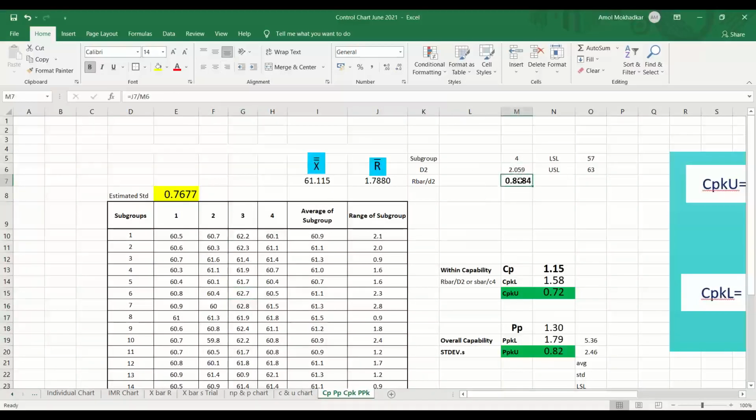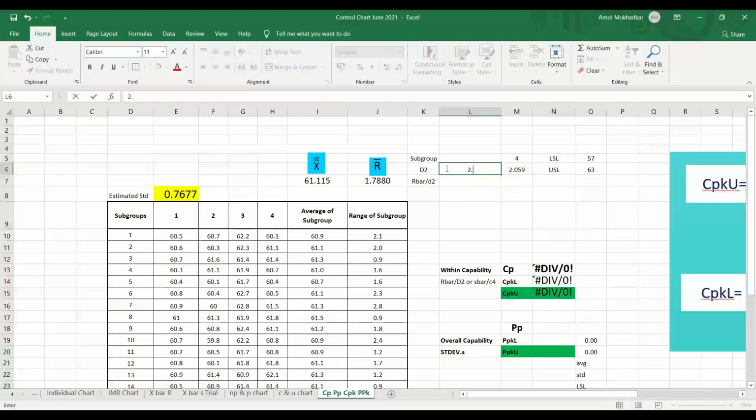Now I am removing all these things. Now R bar by D2 you can calculate, and estimated standard deviation already you have, but I am removing these data. You might have noted down, I don't know, but now you should have the D2 value 2.059.